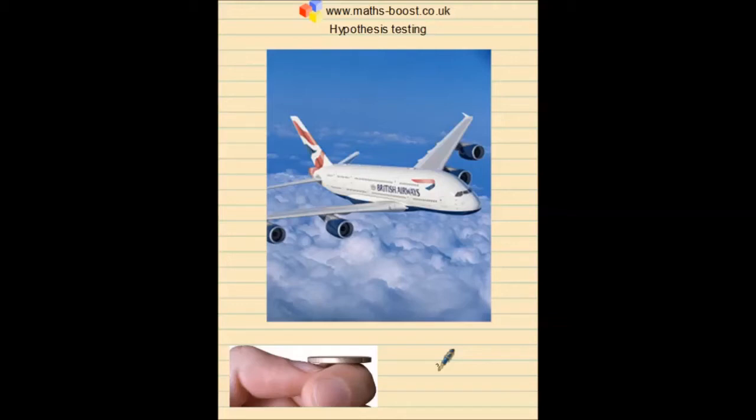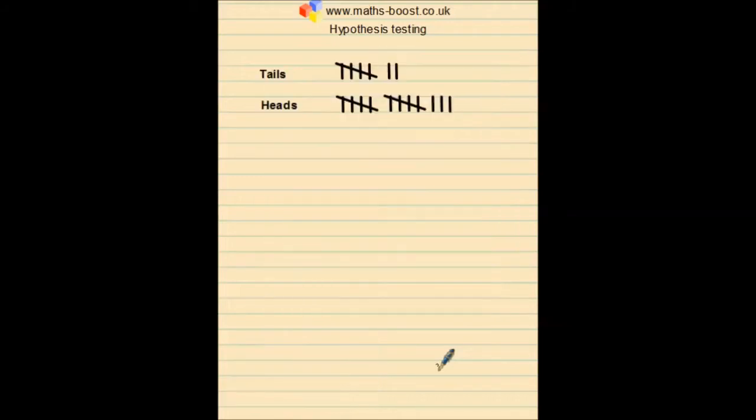But at what point would you start to get suspicious that the coin I'm using is fixed and that there is a less than 0.5 chance it will land on tails? What if it only landed on tails 7 times? What's your gut feeling then? Well, I'm going to tell you that the probability of getting 7 or less tails on a fair coin that's flipped 20 times is about 13%.